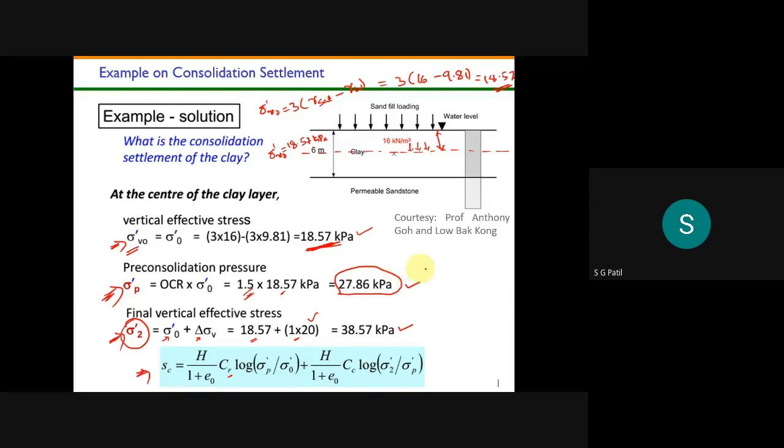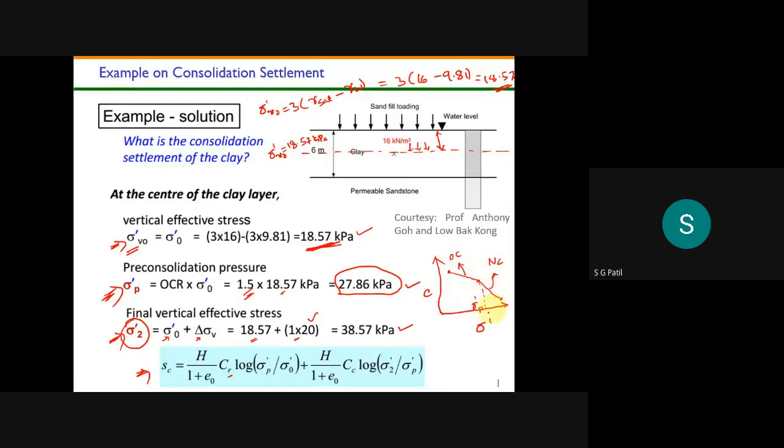Okay, so if I want to show this in terms of a graph, I will show here. This is my void ratio and this is my vertical stress. So effective stress I will call sigma dash. Before putting your sand layer, my condition was like this. So I have come up to here. Okay, so this is my pre-consolidation stress, sigma p dash. Once I put this sand layer over the ground, now it is entering into the NC region. This is the NC region and this is my OC region.